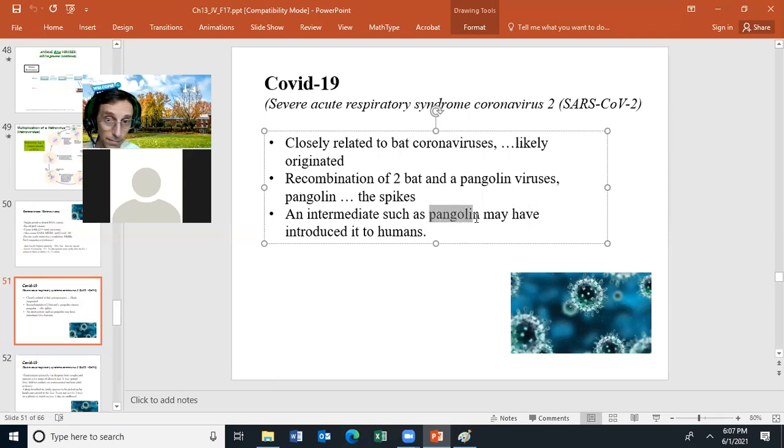And they think that one pangolin had COVID-19, and it jumped from the pangolin to a human, and then COVID-19 started spreading in Wuhan, China. Now, this is not known for sure, but this is what is most likely